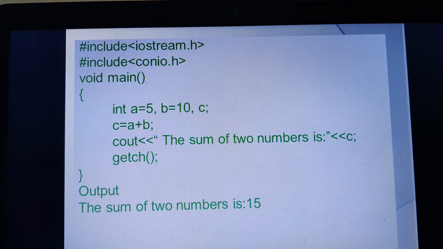Before we start with the further topics, let us have a quick glance at the previous topic we have discussed. We have seen the classification of constants and then we have discussed the character constant. So what is a character constant? A character constant represents a single character which has to be enclosed in single quotes.